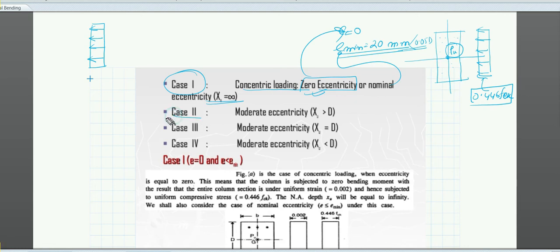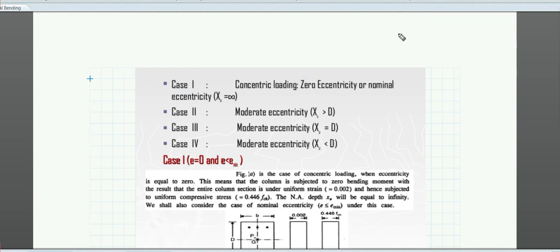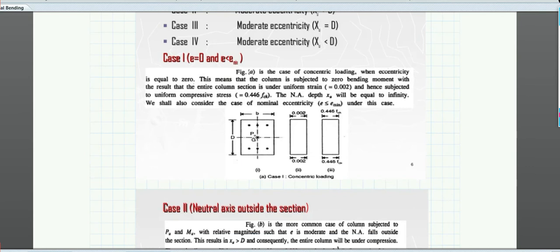Now see, check case 2. When there is a moderate eccentricity, that means when xu is greater than d, suppose you have a small eccentricity to the member. I think we have some figures, so I think it will be better if I go through those figures. So case 1, I have already told you that e is 0 and e is less than e minimum. In that case, the maximum stress that you can have is